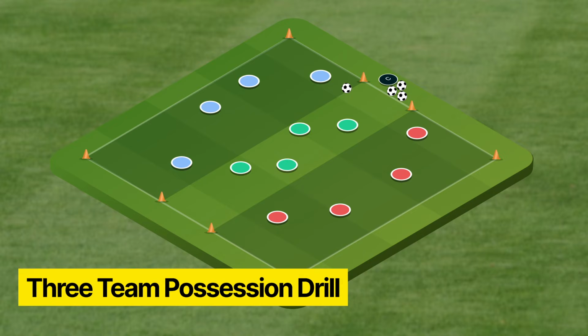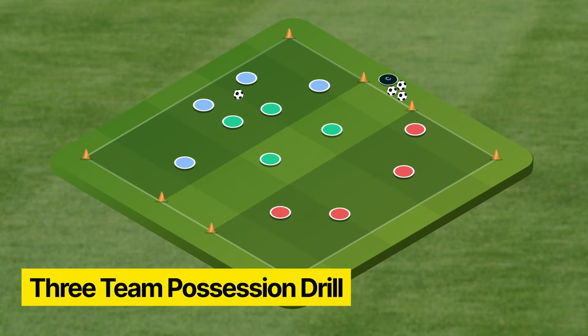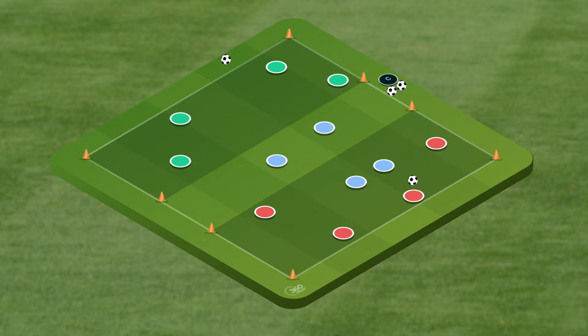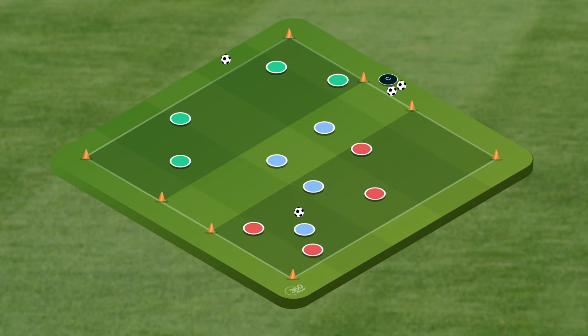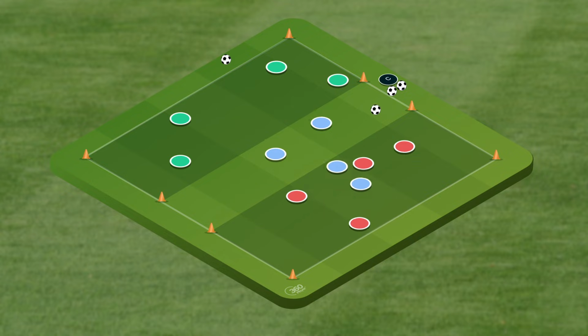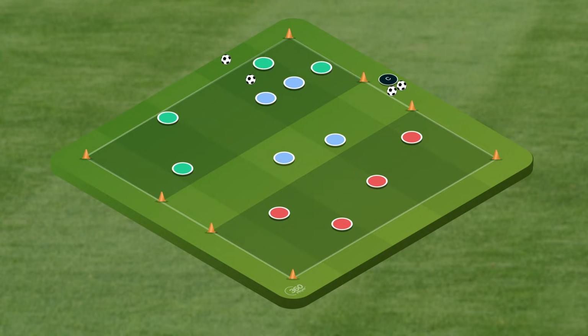One of my favorite mixed possession drills is the 3-team possession drill, where basically you have 3 zones. The team in the middle zone is the team that's going to go and send players into the outer zones to apply pressure to the teams that are keeping possession. And once a team on one of the outer zones keeps possession for a certain amount of time or a certain number of passes, they then send the ball across to the team on the opposite outer zone, and that team in the middle has to then send 2 players, for example, to the other outer zone to pressure the